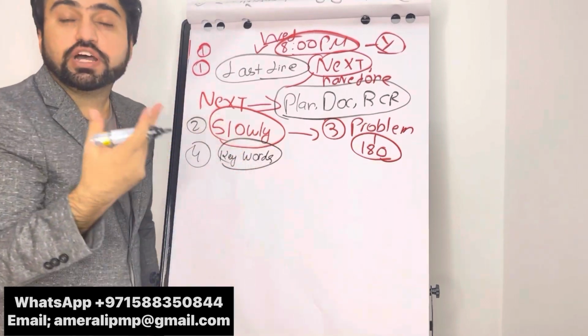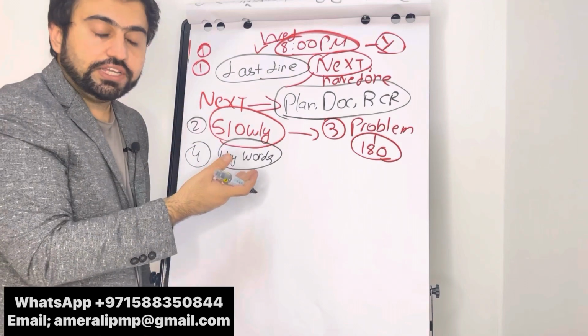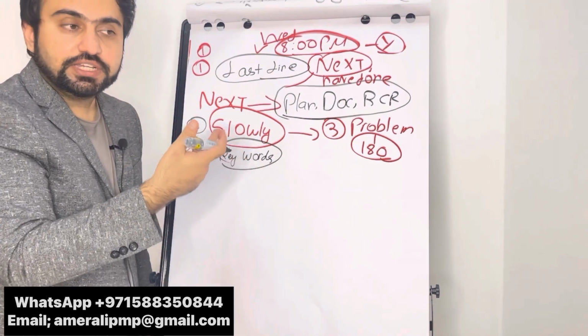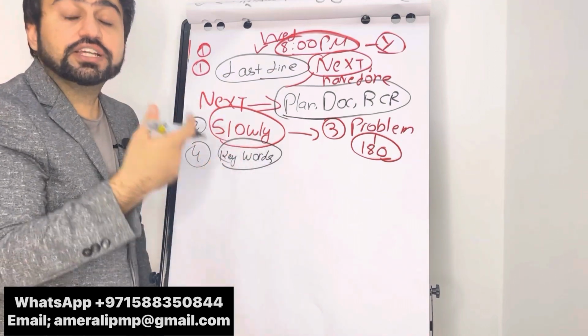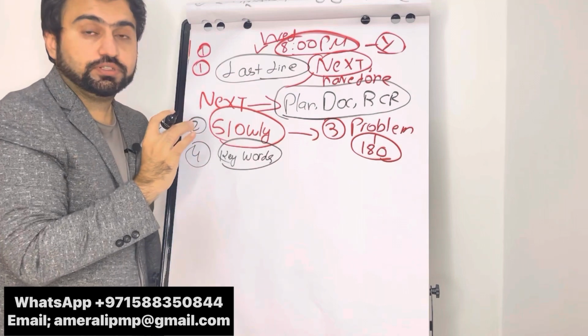Keywords of the question: where are you in the question? The keywords can be, you are in the agile project, you are in the hybrid project, an issue has been raised, a risk has occurred, things like that. So identify those keywords. Then